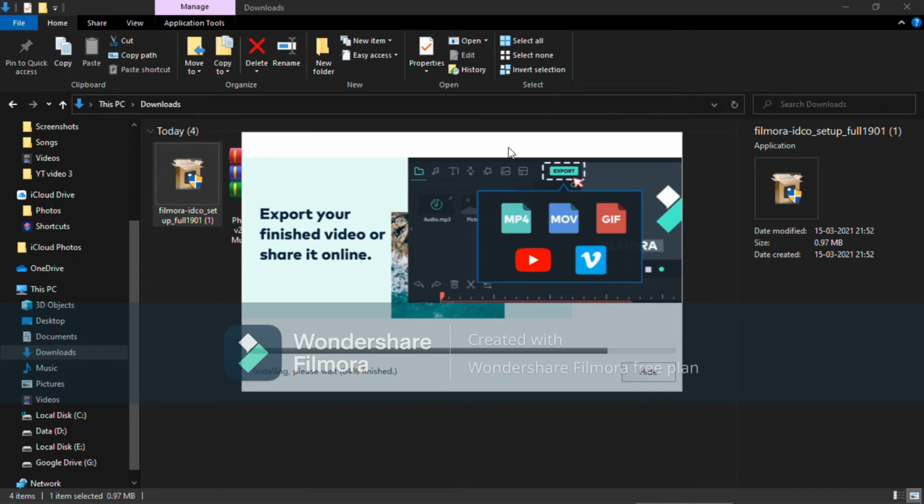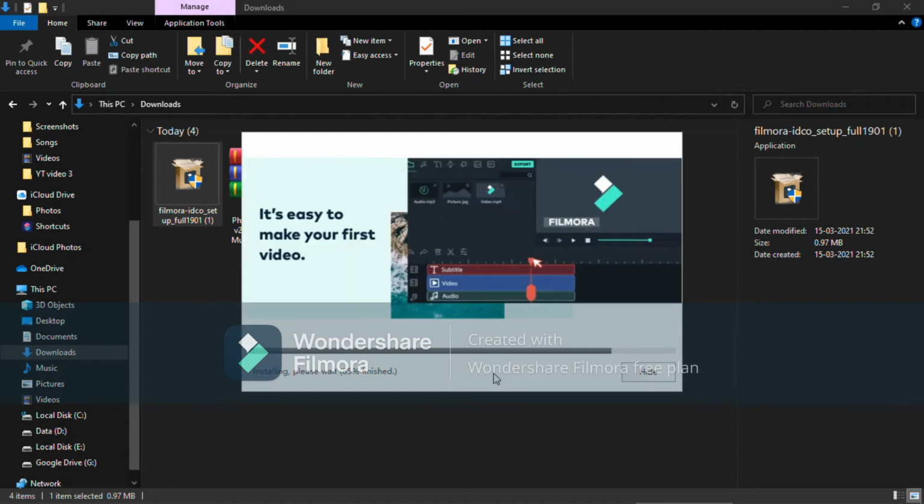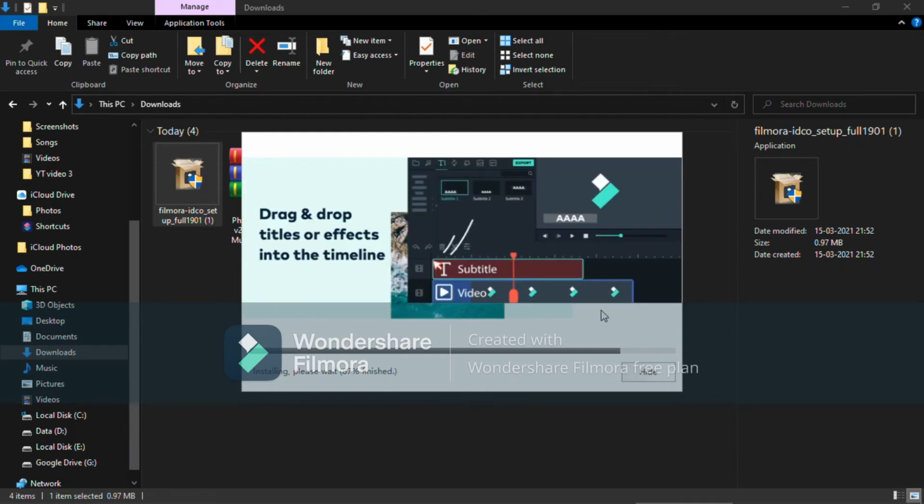And here are some of its clips that tell their options, that what is in this software, and many users use this, and more animations are there, then film tracks are there, etc, etc. There is too much in this software. So you can see all the slides that are showing about this software.